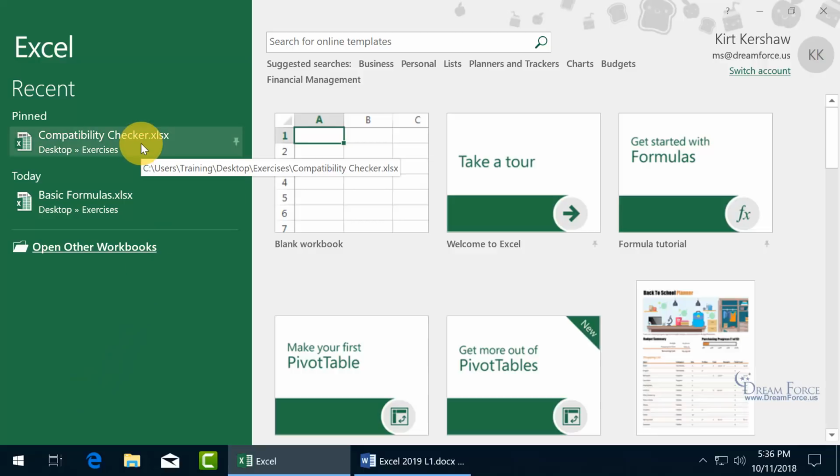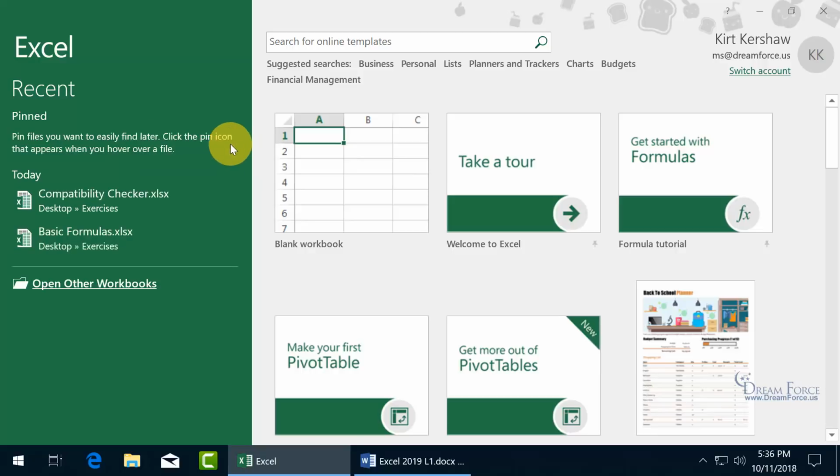This will always be there, unless, of course, you want to go ahead and unpin it. It drops back down, and if it's one of the most recent ones, then it stays up there. But if it's an older one, it drops off, you won't see it. Now, as I mentioned, if you add the shortcut to the program on the taskbar, you can